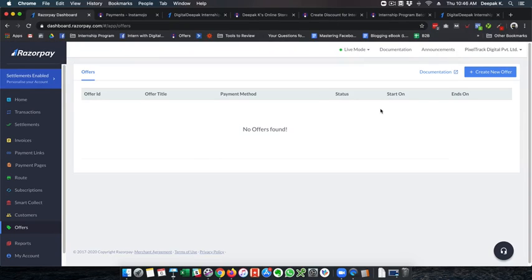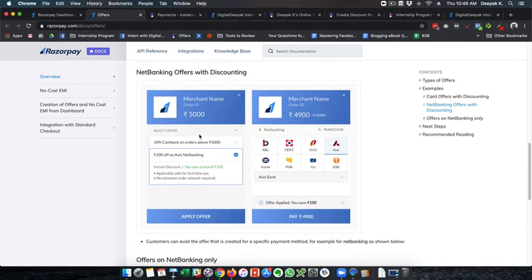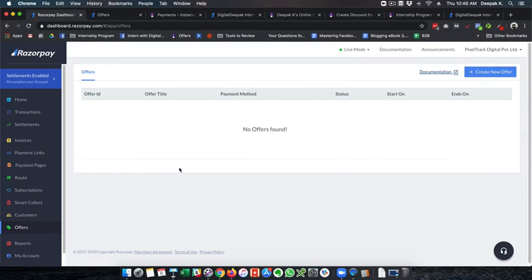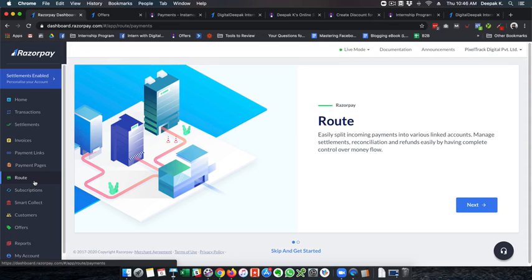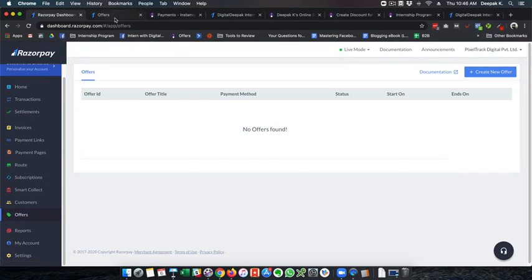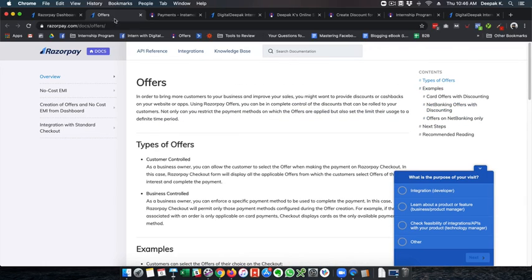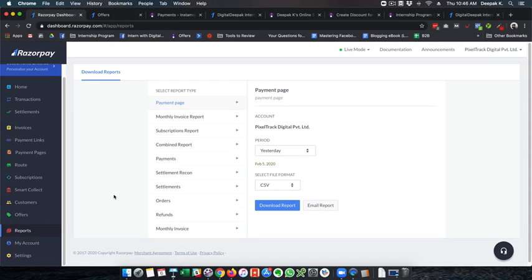I should probably learn about what offers are, and obviously there is documentation and there is something that I can read here. But how about putting a small video here? Because if there is a welcome video which explains what offers are, what Smart Collect is, what subscription is, what route is, it could be a 5-minute video, and it would be extremely helpful for me to quickly understand, instead of me having to read this entire document, for which I really don't have the patience right now. But yeah, I will go ahead and read it.